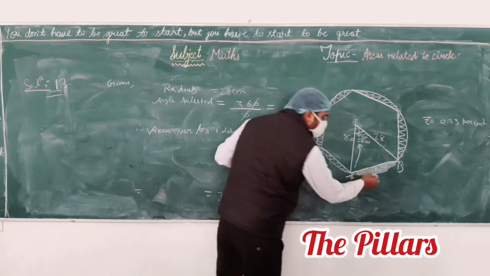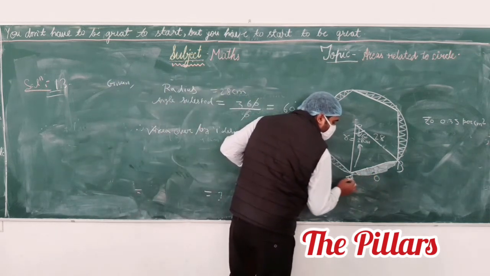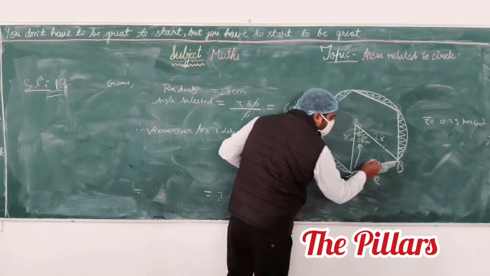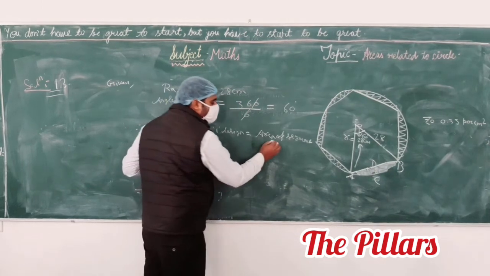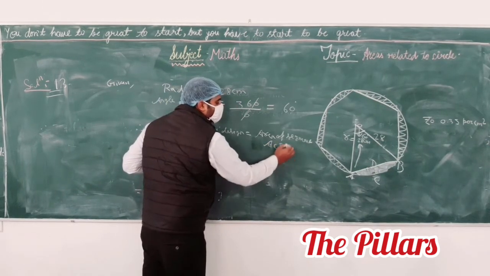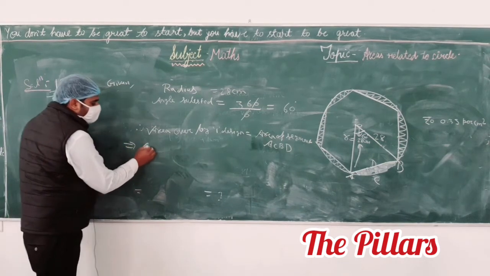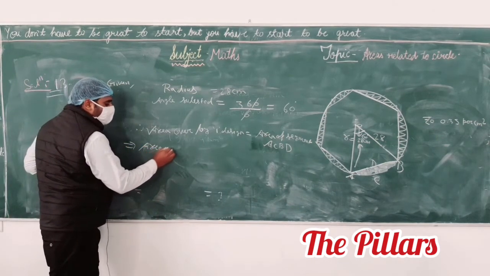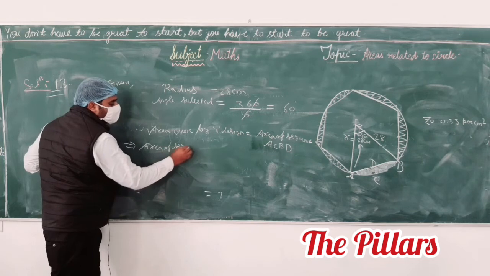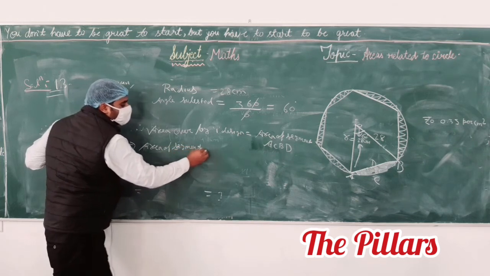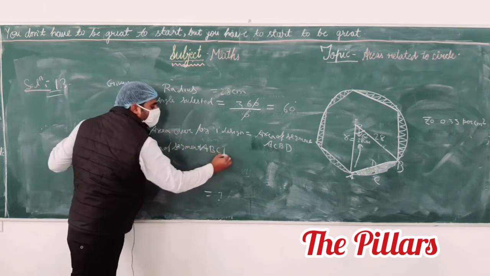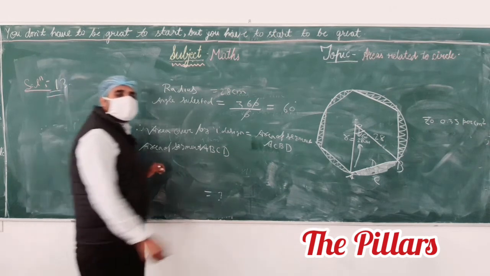If you want, mention O A C B D. Area of segment A C B D. This implies that the area of segment ABCD equals what? You know that the area of segment ABCD equals the sector area